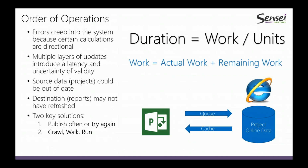The project infrastructure actually changed between the 2003 and the 2007 release. They adopted a queue and a cache. So there's a queue on the Project Online side, which is listening for those changes, and there's a cache so that you can work on that data on your local workstation. Those two communicate with each other and are interrogating timestamps as well as version numbers to keep the data consistent